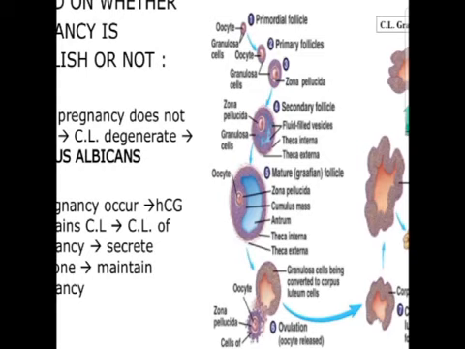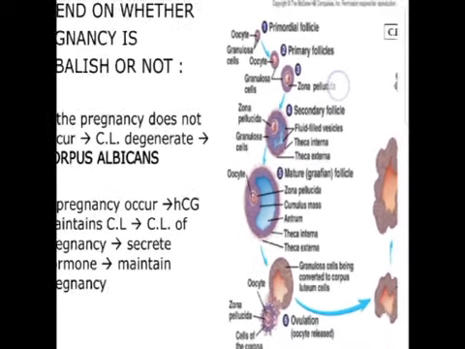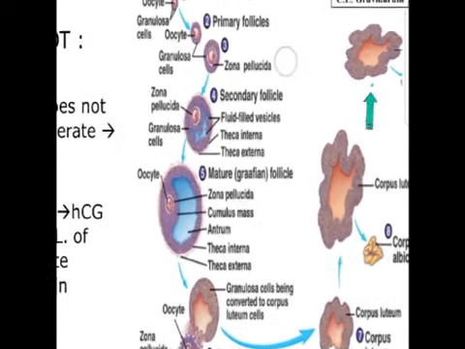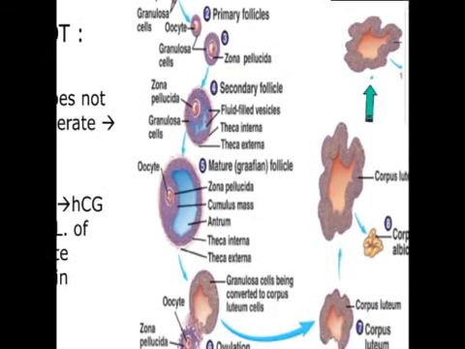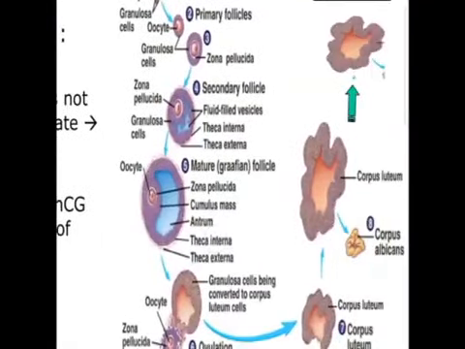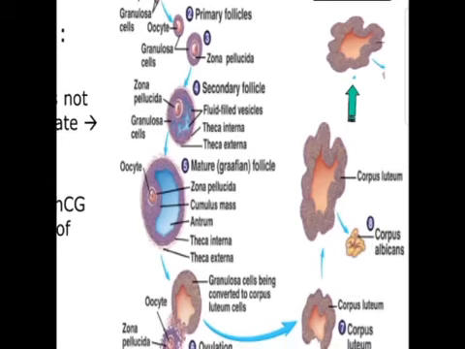Then we have got around the follicle the stromal cells. They become the theca interna and theca externa. And when under the influence of the luteinizing hormone there is rupture of the Graafian follicle, the ovum is released, and then the granulosa cells are converted to the corpus luteum cells, and this is the corpus luteum. If pregnancy occurs, the corpus luteum remains as such, and it will become the corpus luteum gravidarum. Otherwise, there is formation of an atretic follicle which is called the corpus albicans.